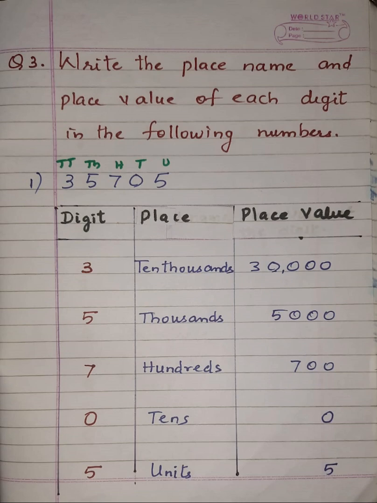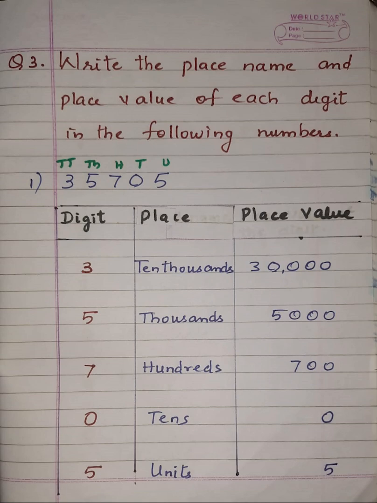Students, our third question is: write the place name and place value of each digit in the following numbers. That means the number is given here, and in this number we have to write the place and place value of each digit. Understood? So here the first sub question given here, children, is number given is